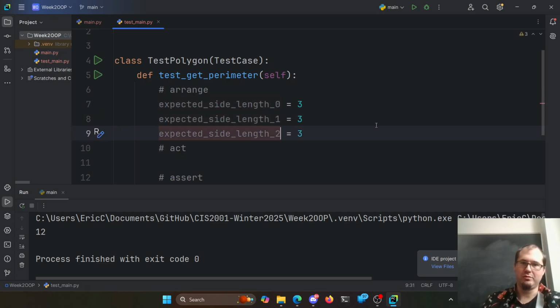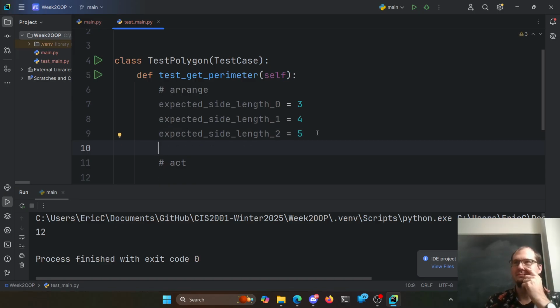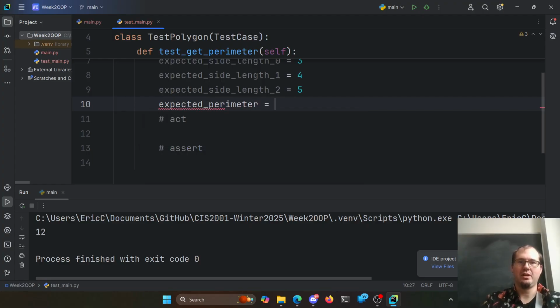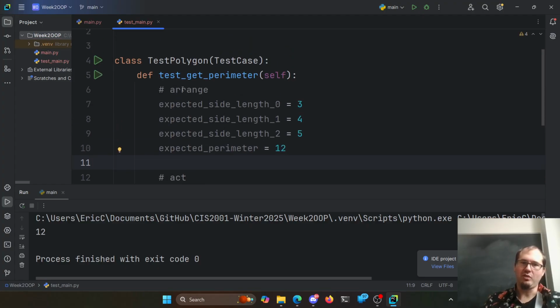1, 2, 4, and 5. Can we put these in a list? I don't know if that makes it any easier or not. It's still going to be a similar amount of code here. And then an expected perimeter is going to be 12. All right, so we've got all the things we want to do here, and then we're going to make the